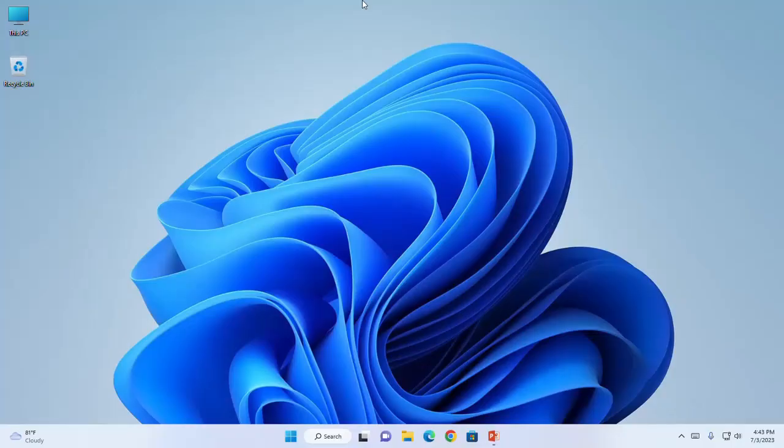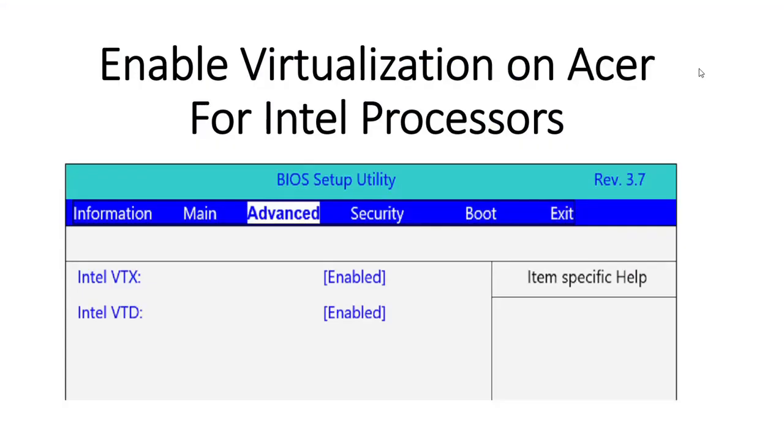Now I am going to show how to enable virtualization for other manufacturers' PCs. To enable virtualization on Acer for an Intel processor, press and hold the power button for 5 seconds until your computer completely powers off. Then power your computer on and press F2 to enter BIOS setup,